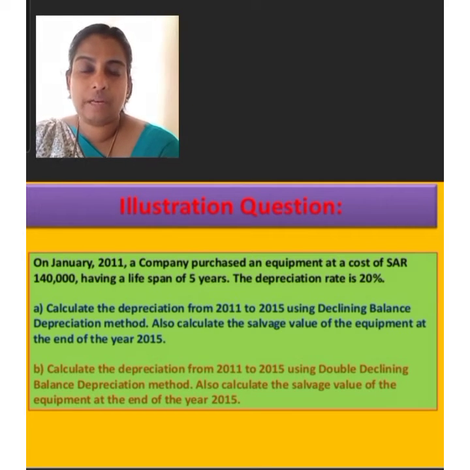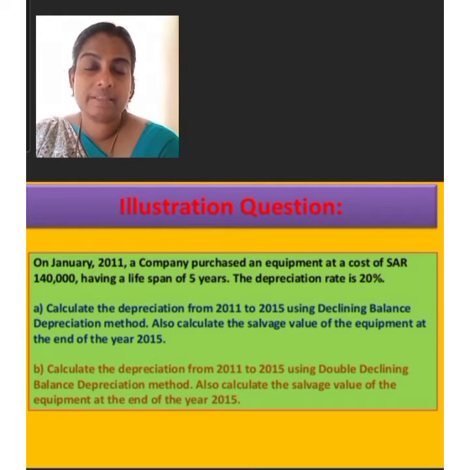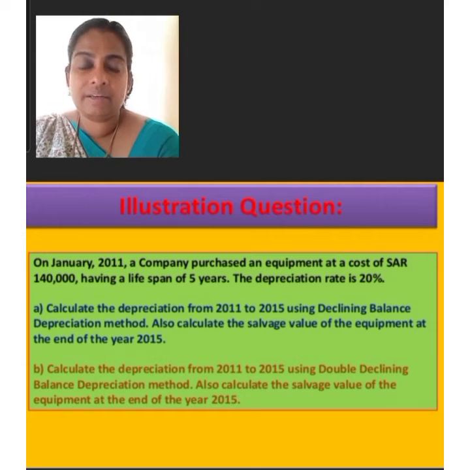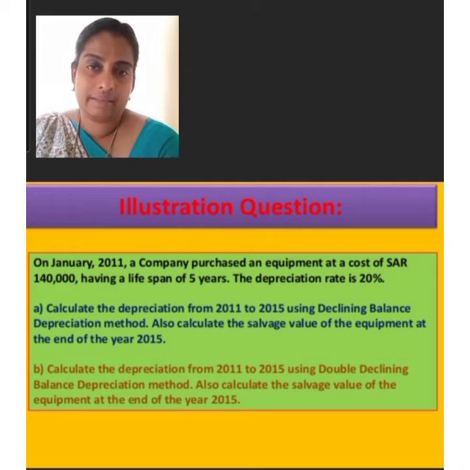Now we are going to calculate second year's depreciation. But in the case of a straight line method, the amount of depreciation charged during 5 years will be the same amount, that is 28,000. But here the problem is to calculate the amount of depreciation under written down value method. In written down value method, usually we calculate the amount of depreciation on reducing balance.